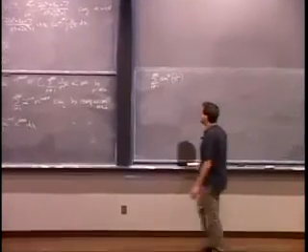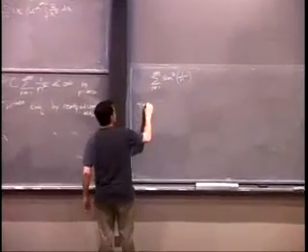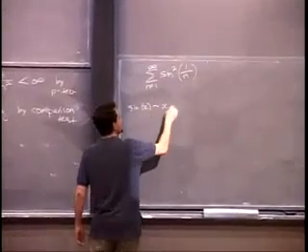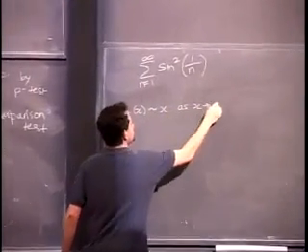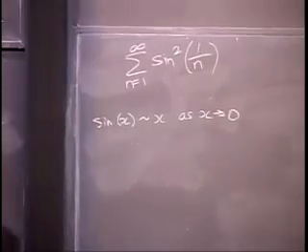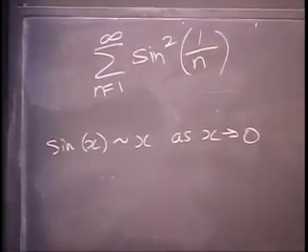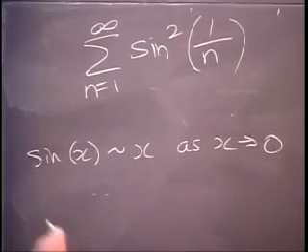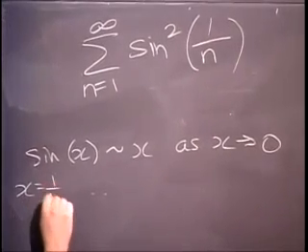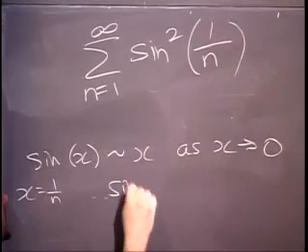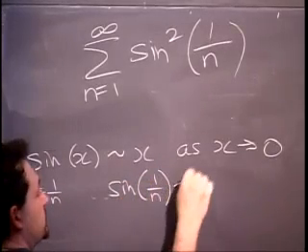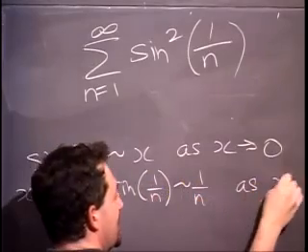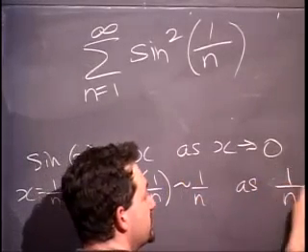You may recall that sine x twiddles x as x goes to 0. After all, the limit of sine x over x is 1. So that's a classic thing. Again, we did this for improper integrals. If we let x equals 1 over n, then sine 1 over n twiddles 1 over n as 1 over n goes to 0,